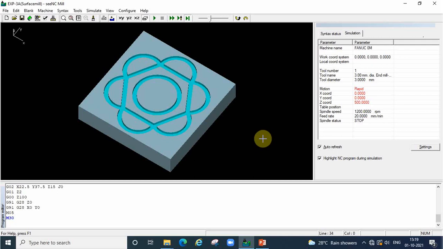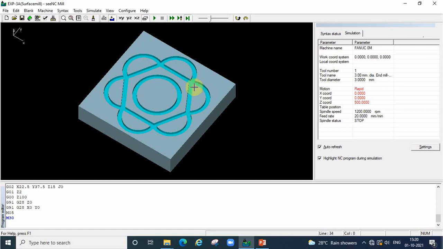Okay, in the next slide we will see some mirroring operation. There we are going to take a middle reference. In all 4 quadrants we are going to create the same profile. Simply the coordinate values only will change, and we are going to apply some mirroring commands. No need to write a program for all the 4 quadrants.